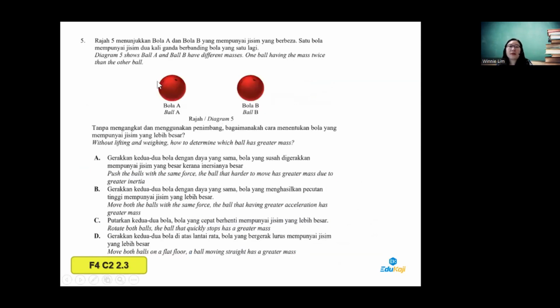Number 5, diagram 5 shows ball A and ball B have different masses. One ball has a mass twice the other ball. Without lifting and weighing, how do you determine which ball has greater mass? So as you all know, the quantity of mass, you can always relate with the idea of